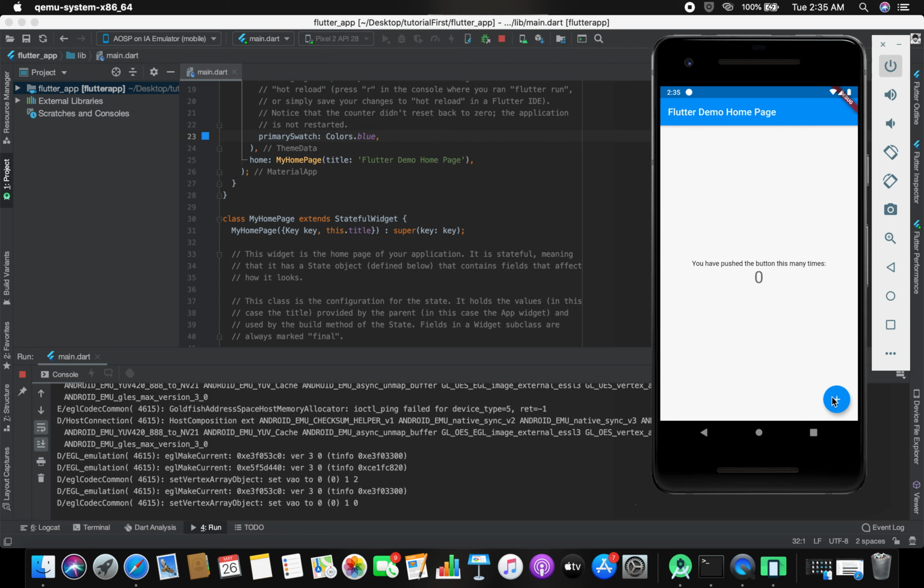This is what you get when you create a new Flutter application. As I said, I'll cover all of this code in my next tutorial. Awesome, cool. And I'll also show how to run it on iOS.